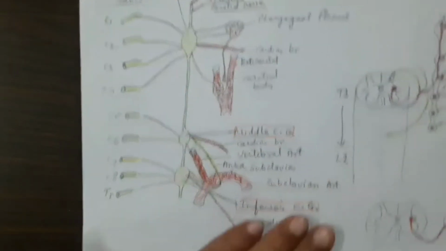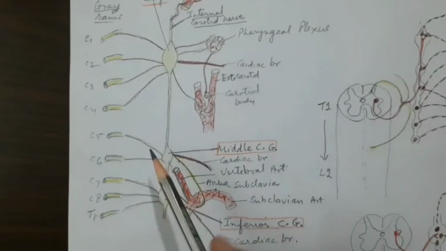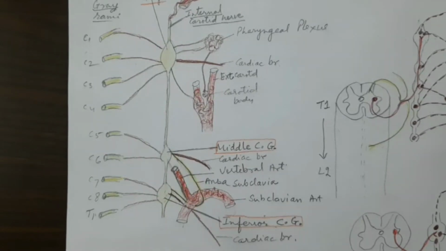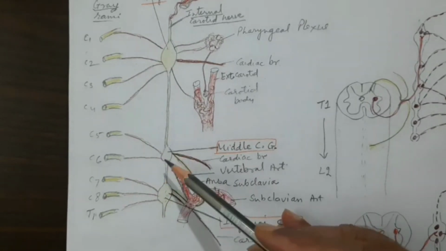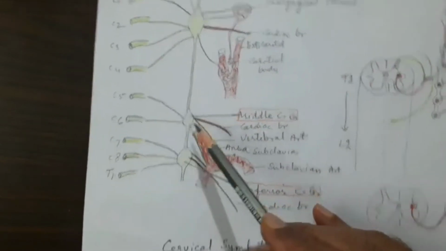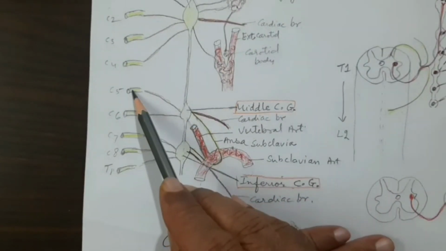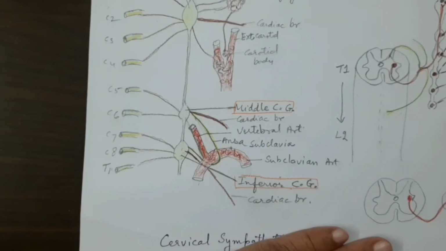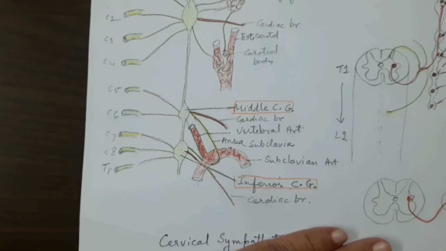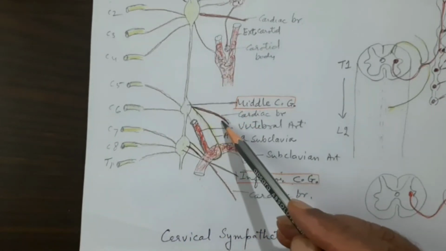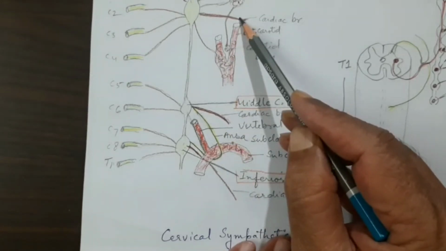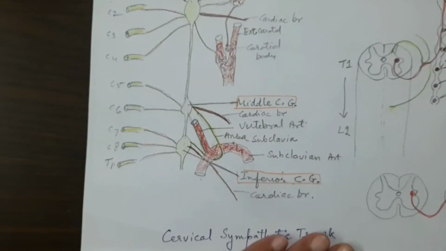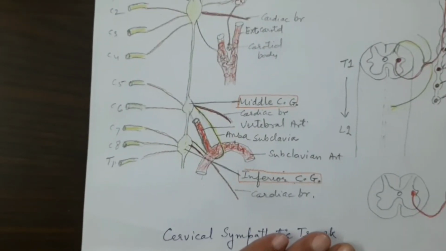Let us come to the branches of the middle cervical ganglion. See this middle cervical ganglion, which is located in front of the transverse process of the 6th cervical vertebra. Now this, in a similar way, will send the gray rami communicantes to the C5 and C6 ventral rami of the spinal nerves, and will be distributing the fibers along with these nerves. Then this will also give a cardiac branch, which is similar to the cardiac branch arising from the superior cervical ganglion. These are the sympathetic fibers going to supply the heart in the thorax.